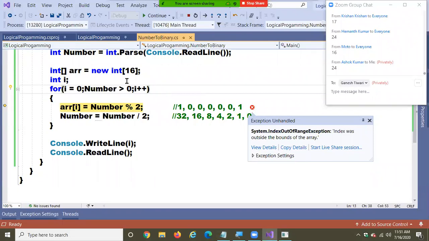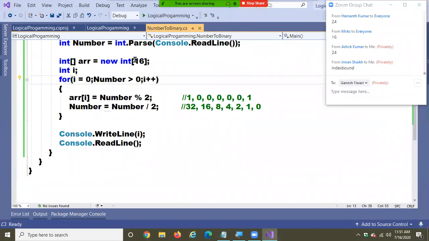Already 16 are filled up here. This only I said you, if at all you want a calculation for a bigger value, increase the array size. That's what I said you. Are you getting me? Increase the array size.